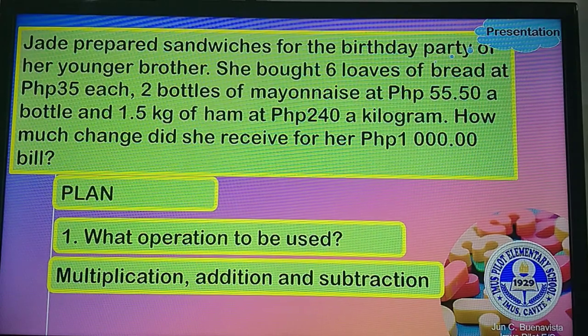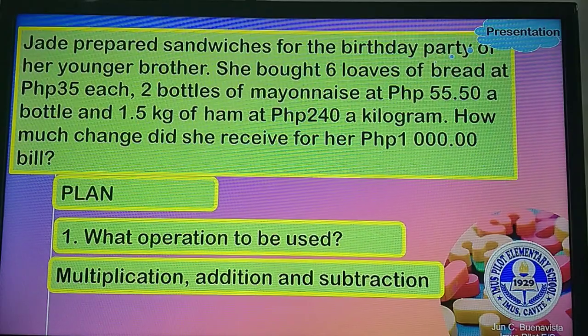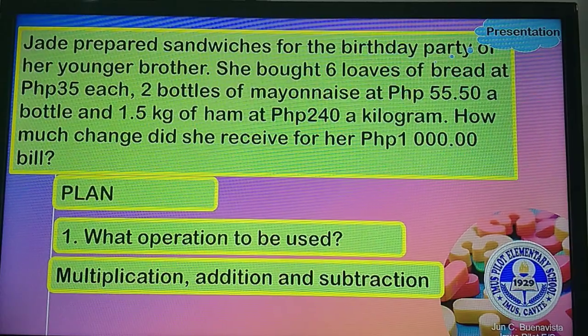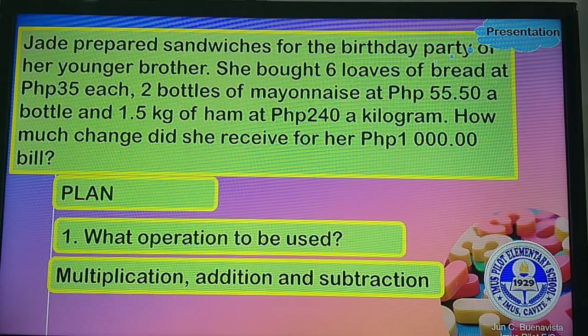So, in other words, this kind of problem we call a non-routine problem, because it involves 3 operations to be used in order to get the answer. Now,